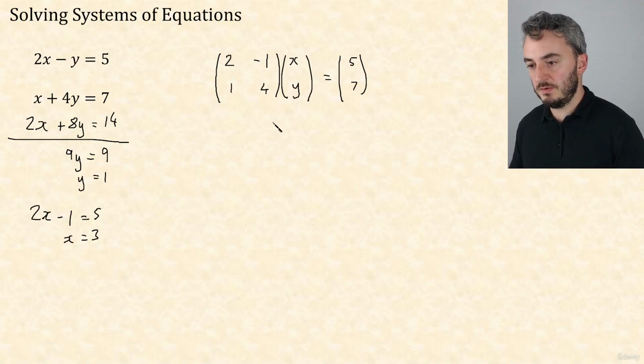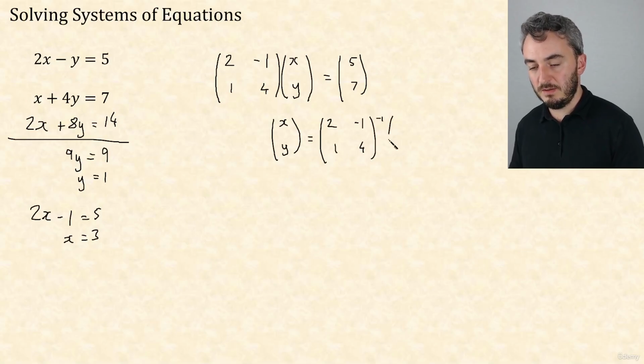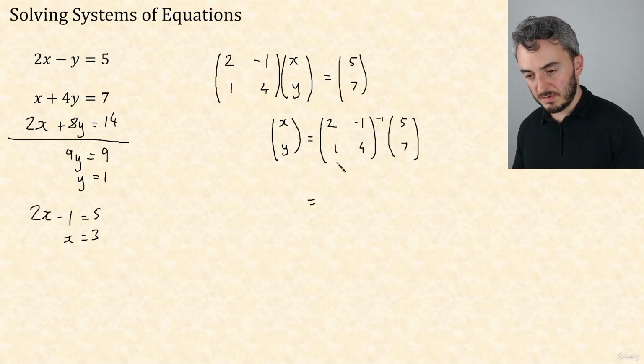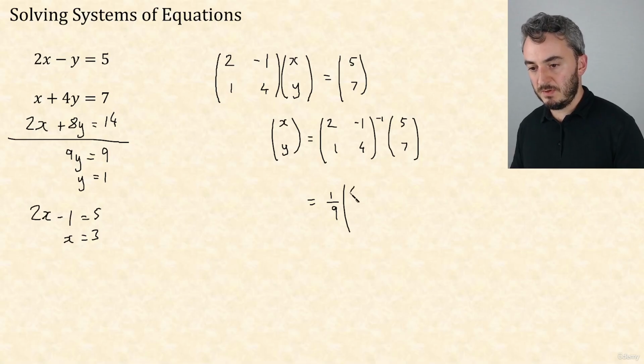How could we solve this? Well, we could take the inverse of this and left multiply both sides by that. So the matrix 2, minus 1, 1, 4 to the minus 1 applied to 5, 7. Now, can we do that? Sure, we can. So find the determinant. That's 8 minus 1, so that's 9. So 1 over the determinant. Then swap these round for 2, make the other 2